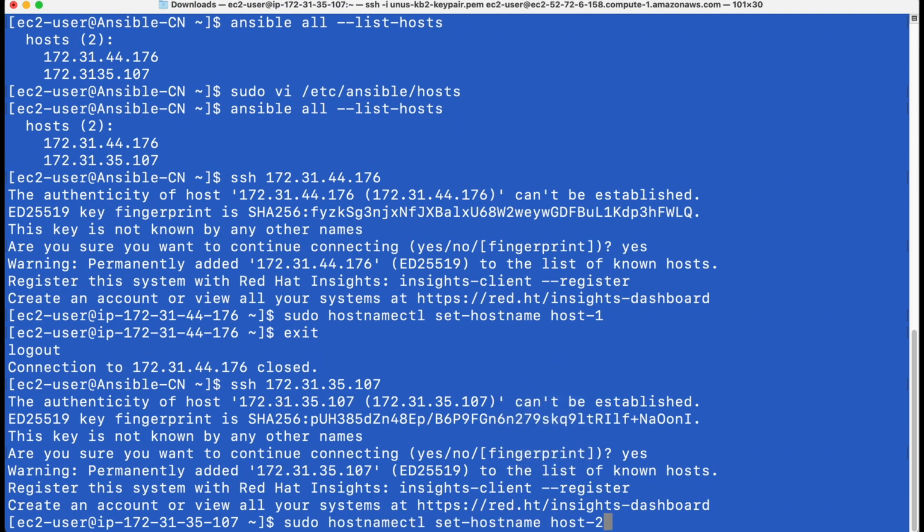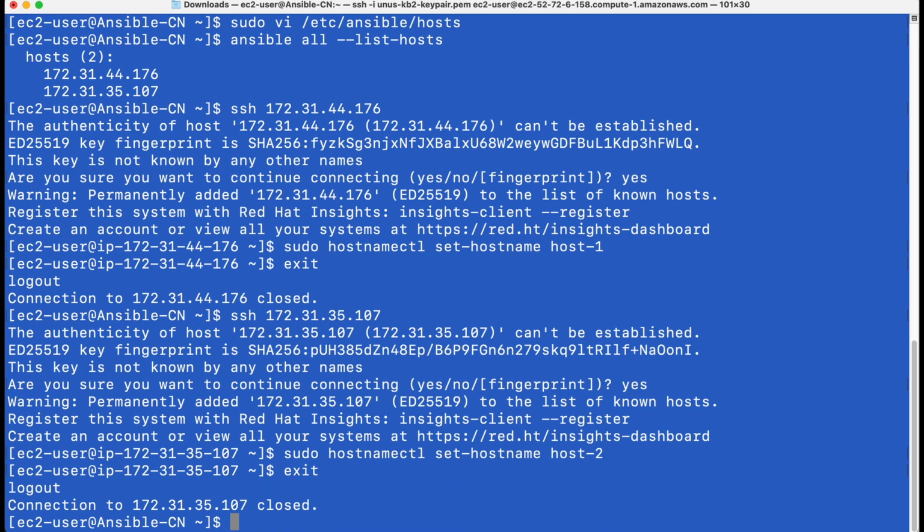And set the host name, exit. So that part is done. Now to find out if the control node can SSH into each of these host machines, you can issue this